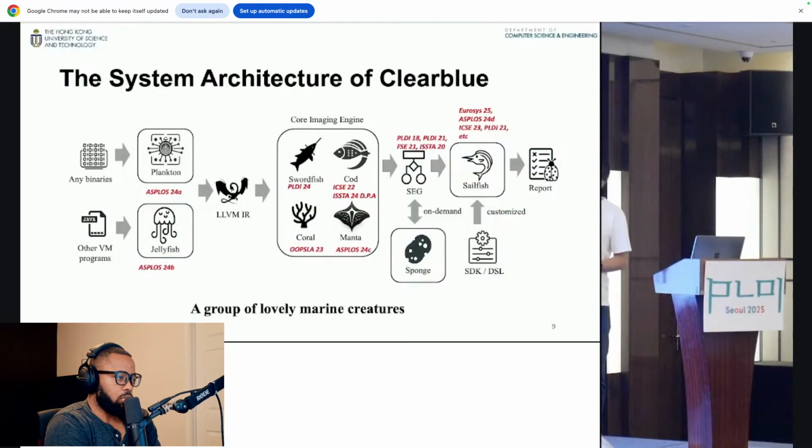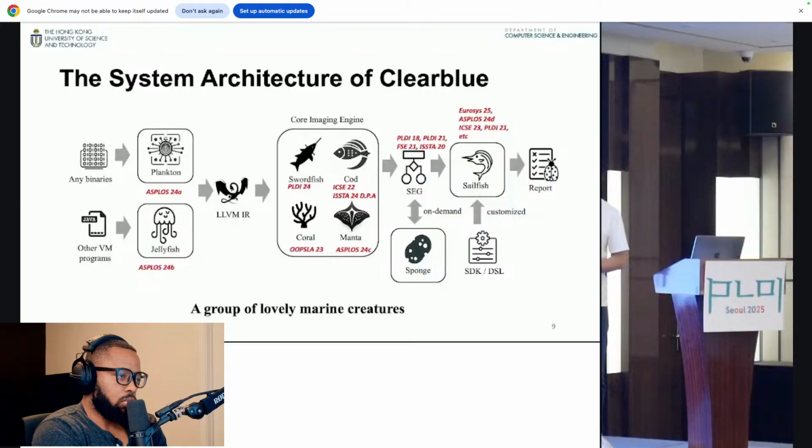So after that, we'll produce some kind of graph representation of the behavior. Basically, it's a PDG. Okay? It's a program dependency graph. On top of that, we have a lot of techniques of finding specific bugs. Okay? So these are the papers we published describing different parts of this tool chain. So if you're interested, you can find more details.